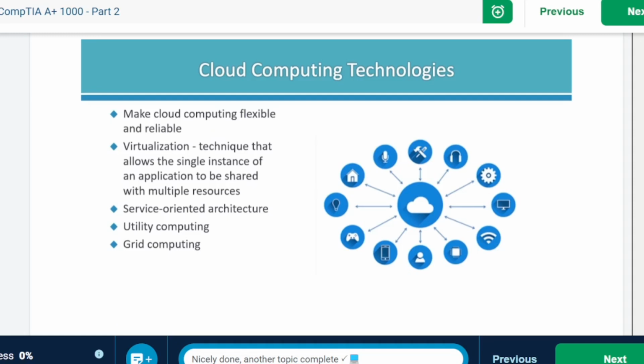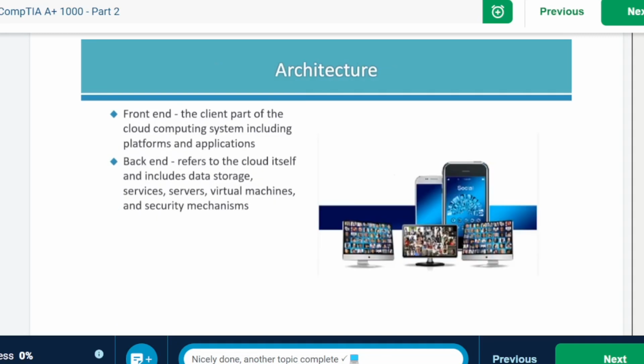Service-oriented architecture uses applications as a service to exchange data between applications and vendors without needing to make changes or perform additional programming. The next technology is grid computing. In grid computing, you have a number of geographically dispersed computers which are connected to achieve one common objective. And then in utility computing, you have a pay-per-use model, which provides things like computational resources on demand as a metered service.